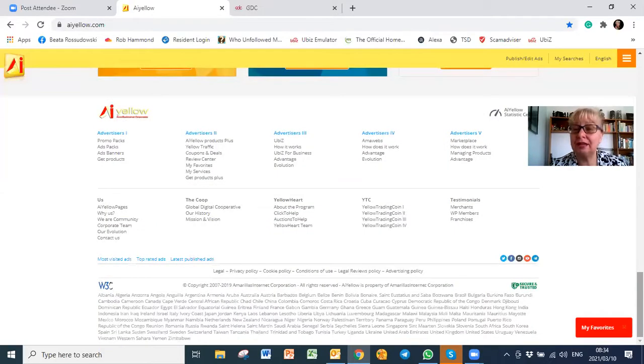We're talking about adverts today. So if you go right to the bottom of the page of aiyellow.com and click on South Africa,